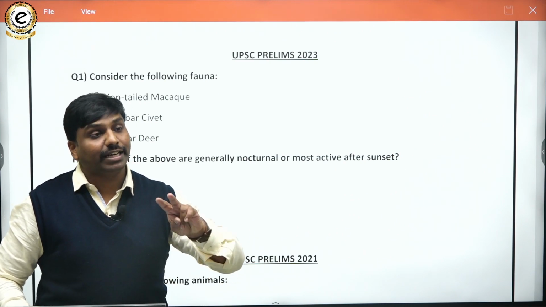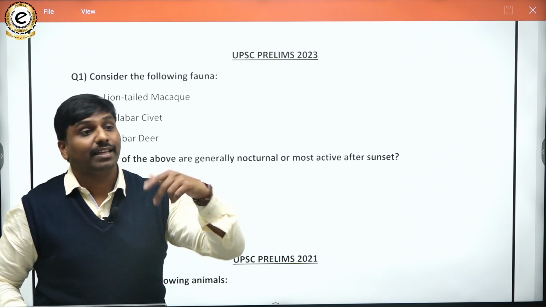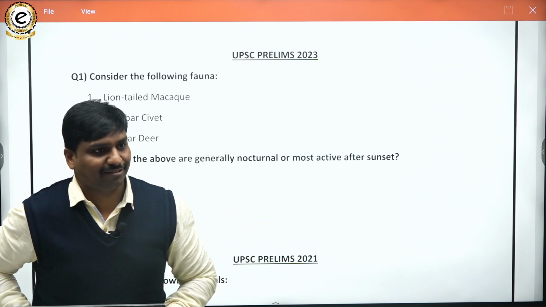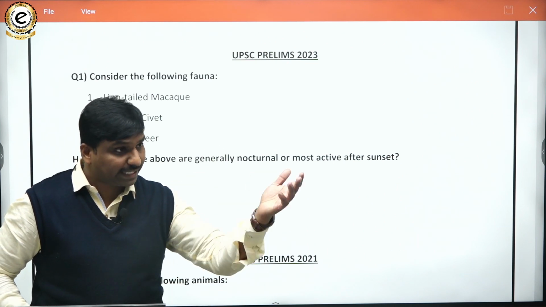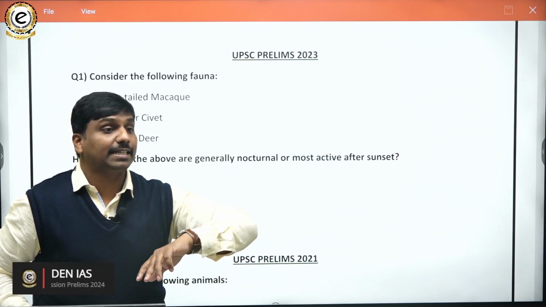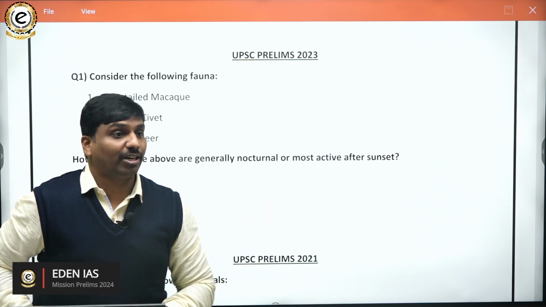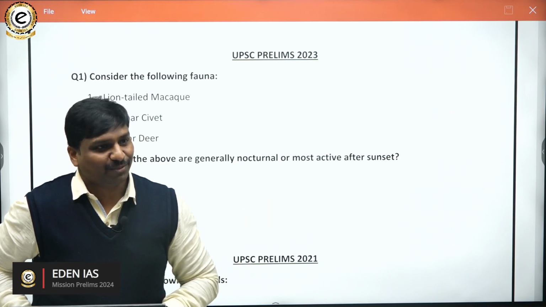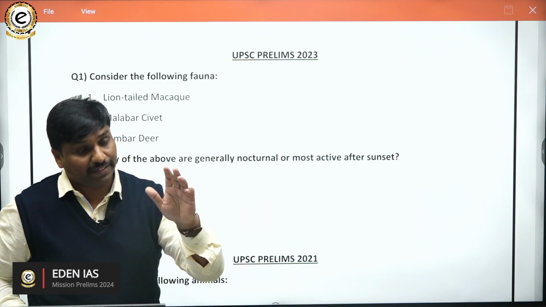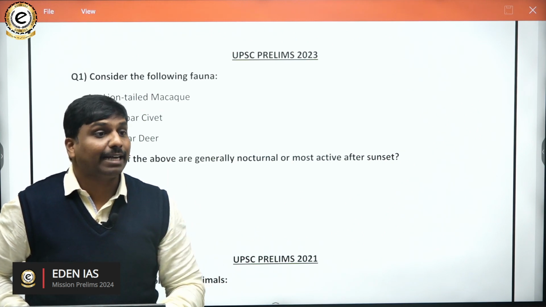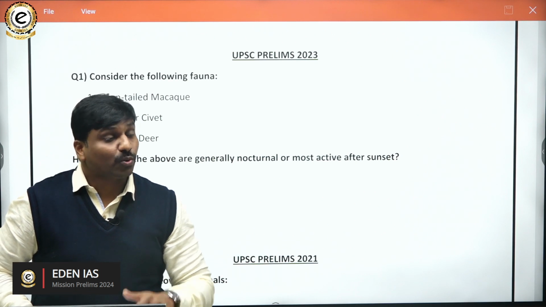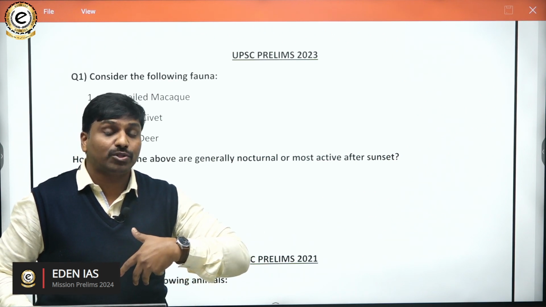So aquatic creatures will have response towards the water temperature. We can't say with respect to whether they are active during the daytime or nighttime, but we can say with respect to the temperature of the water. Likewise, haline, we can say with respect to the salinity. So if we talk from a saline perspective, aquatic organisms will show response to the salinity.